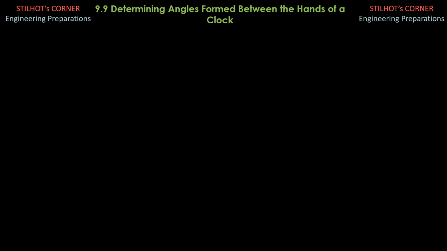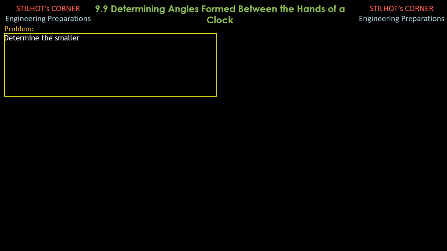Here is another video in plane and spherical trigonometry, particularly on determining the angle formed between the hands of a clock. These hands are the minute hand and the hour hand of a clock. So there are 10 exercises here, and we need to know the techniques in determining the angle formed between the hands of the clock, which might be part of the problems that you will encounter not only in trigonometry but also in other subjects, algebra, calculus, and so on. So these are the 10 exercises.